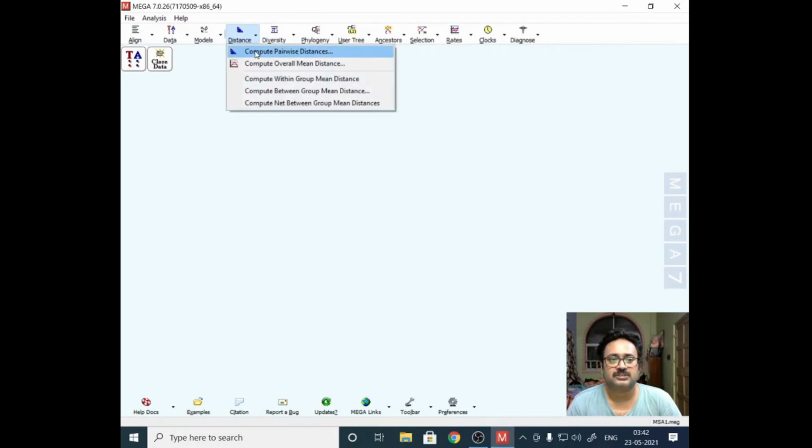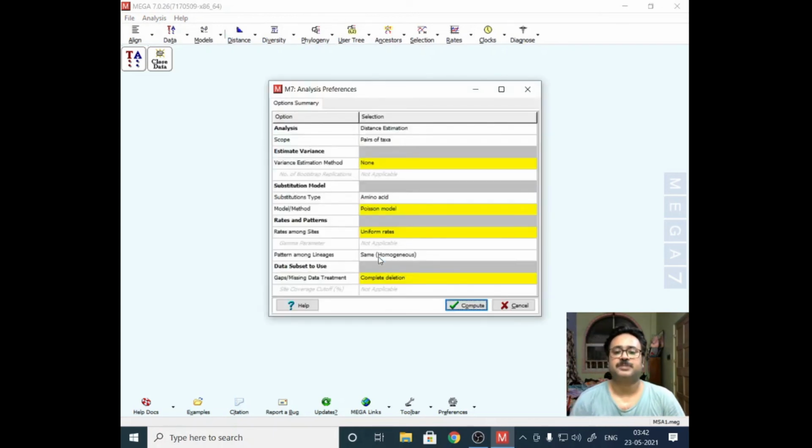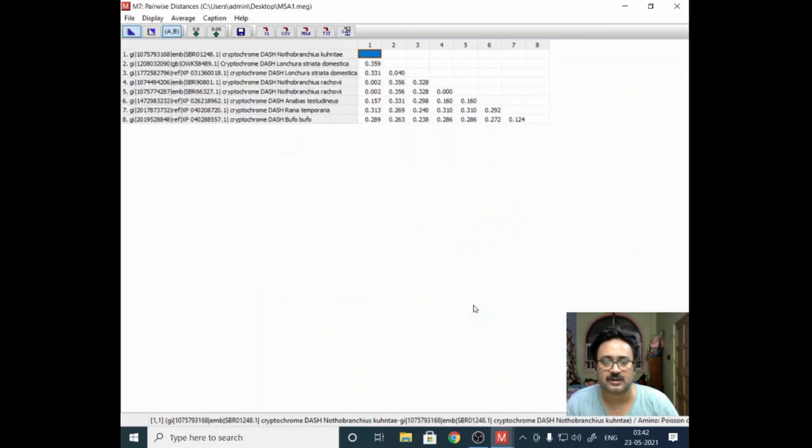Alright, and you can also compute the pairwise distance among all the sequences. This basically is done by the software when you are performing the multiple sequence alignment, but you can actually do it for yourself. No matter how many sequences you have, this is how it is going to be presented. So this is between 1 and 2, this is 2 and 3, and so on.